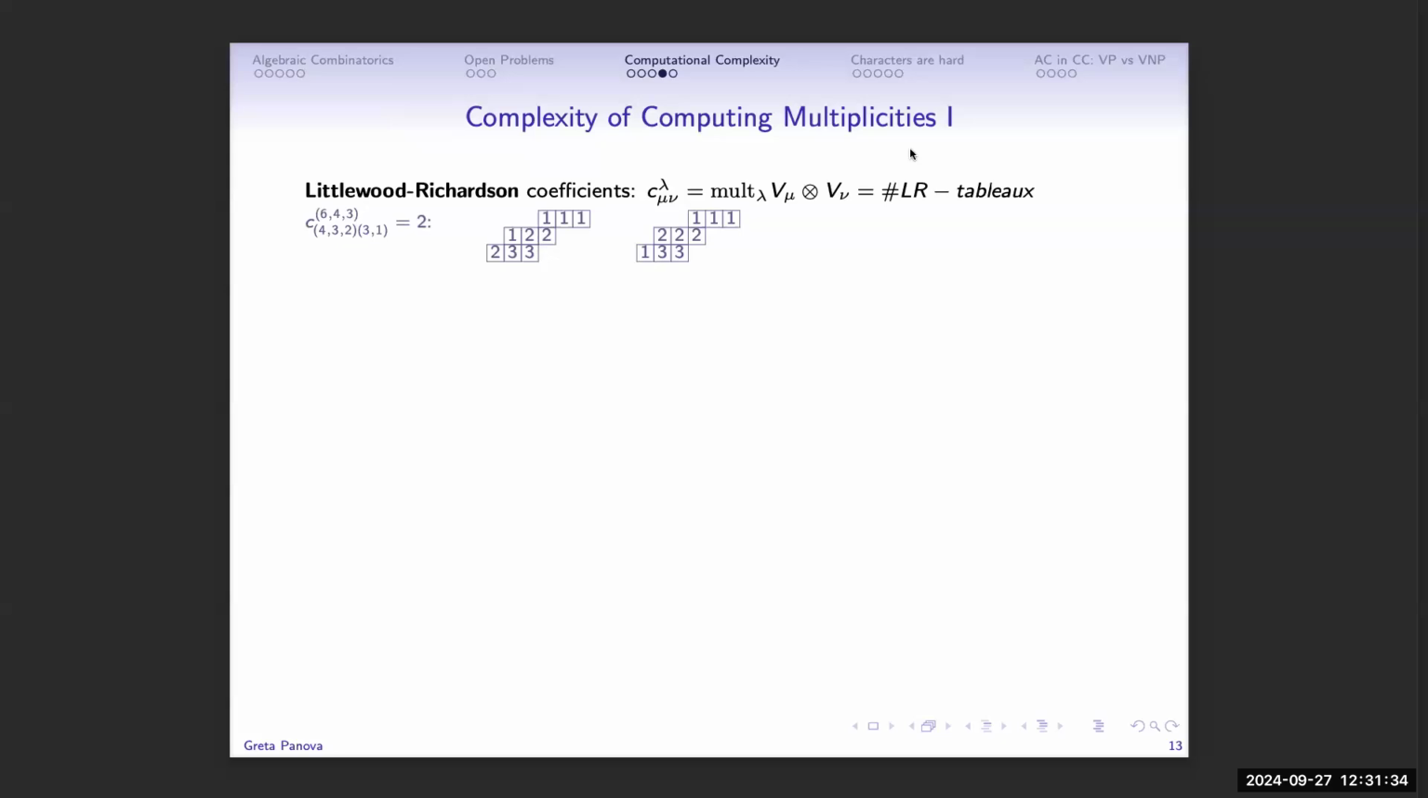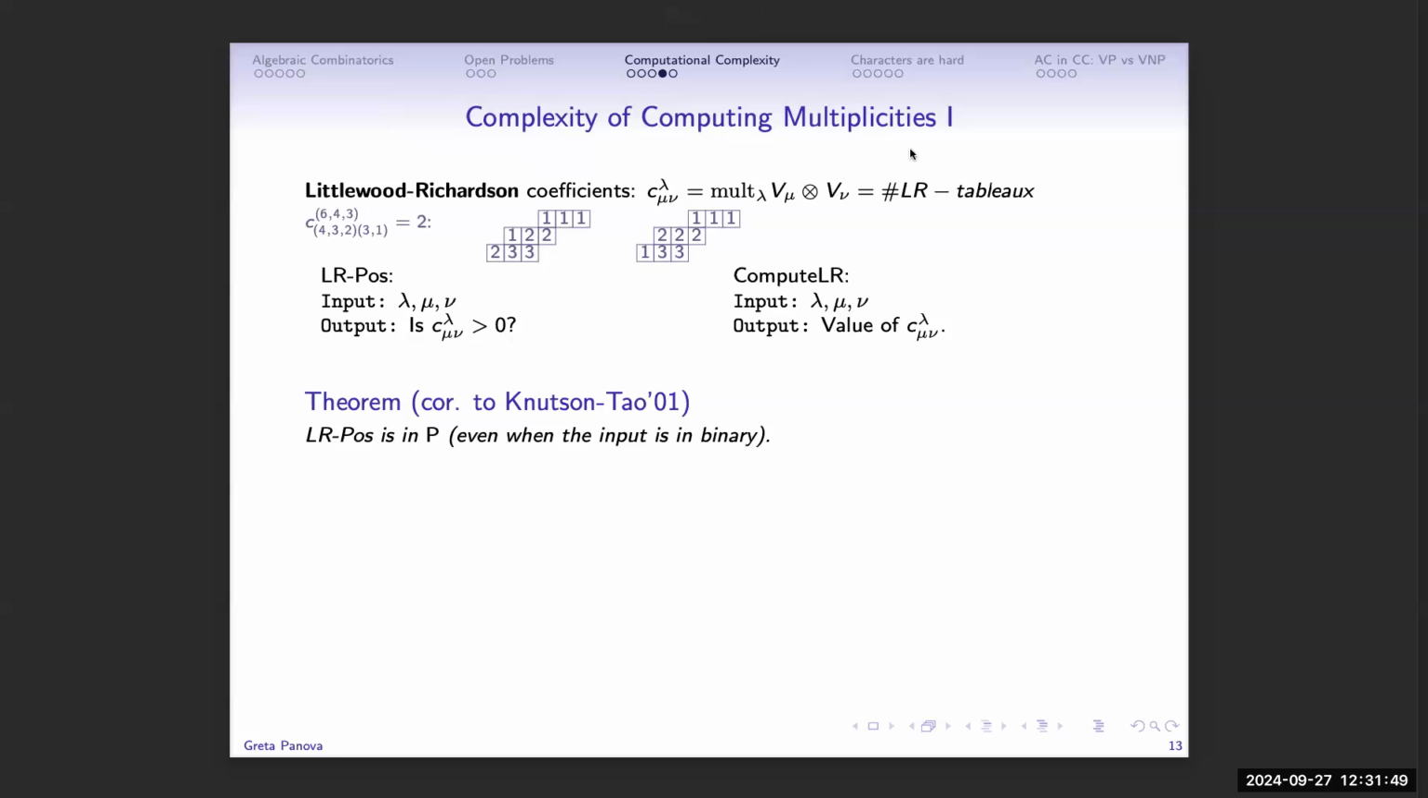So here are the Littlewood-Richardson numbers with the combinatorial interpretation. What can we say about them? We can ask about their positivity, and we can ask about their computational complexity, the actual number. It turns out that deciding positivity is automatically in NP, just because if it is actually positive, then all you need to do is write down one of these tableaux. But it turns out it's even better than that. It's actually in P. And this is due to the Knutson-Tao saturation theorem, which showed that if the